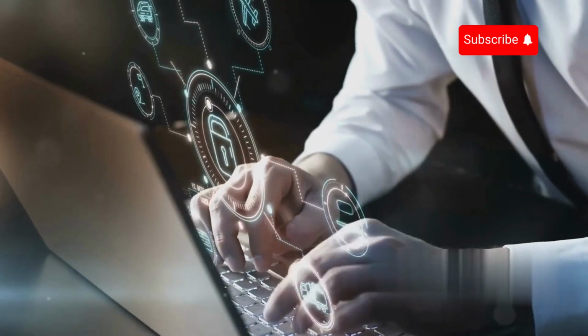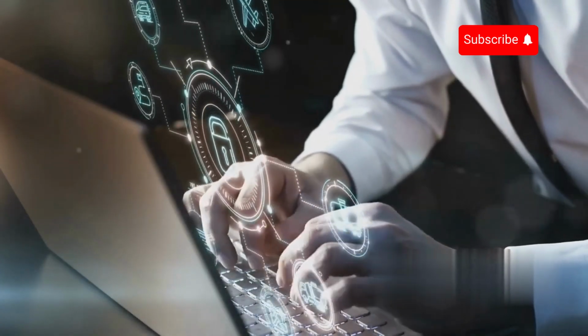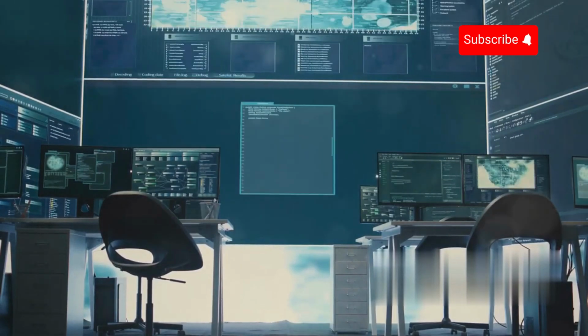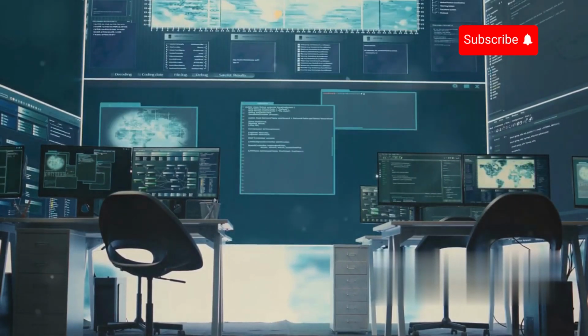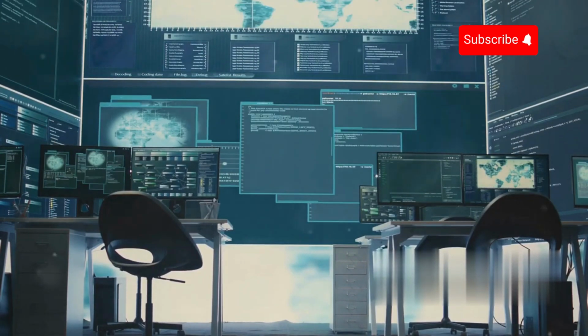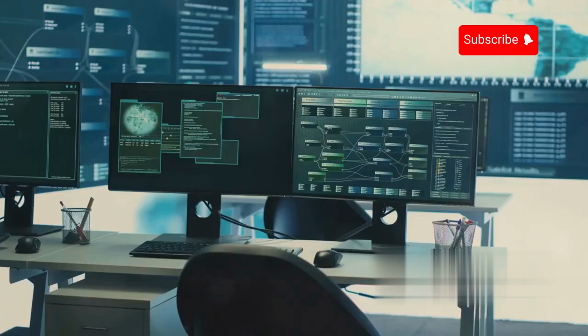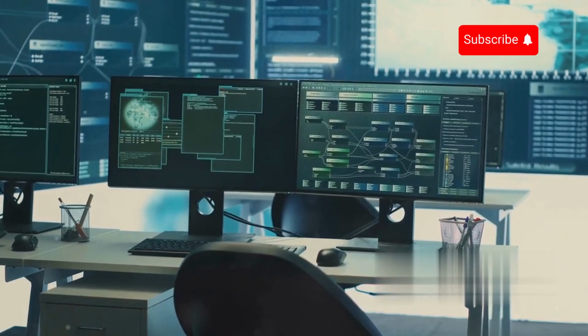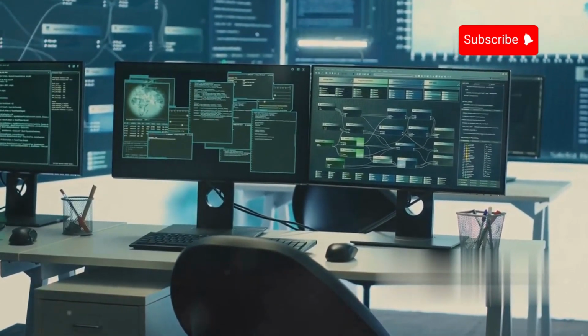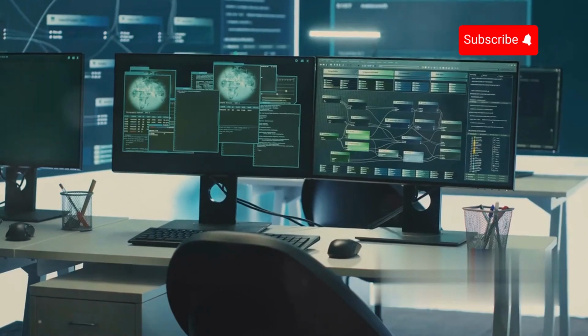Protecting your digital footprint: staying safe in the information age. In an era of unprecedented data collection and aggregation, it's more important than ever to be aware of our digital footprint and take steps to protect our privacy. Every click, every share, and every online transaction leaves a trace. These traces, collectively known as our digital footprint, can be used to build a detailed profile of our habits, preferences,